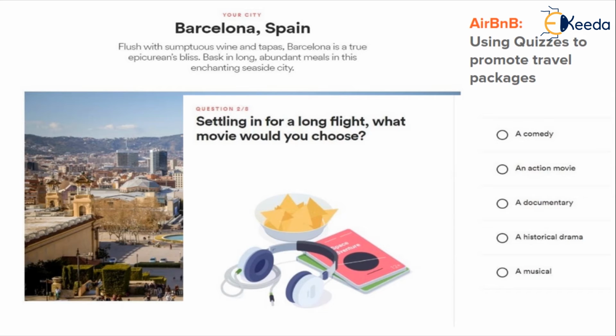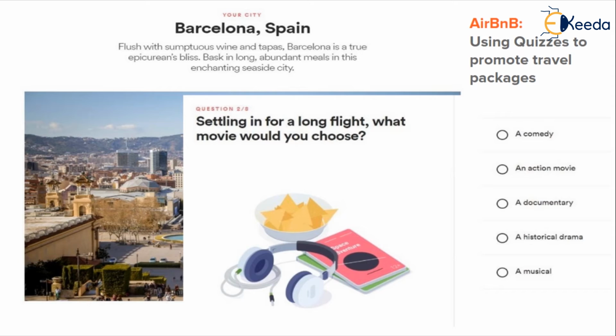With this result, you are then indirectly prompted to explore Barcelona travel packages offered by Airbnb. And sometimes you can simply click on this, and a lot of these packages are promoted in the sidebar of that page for you to get hooked onto one such page and explore further.